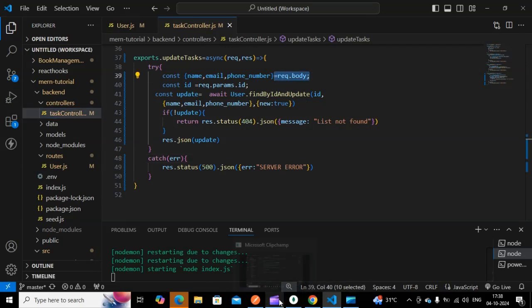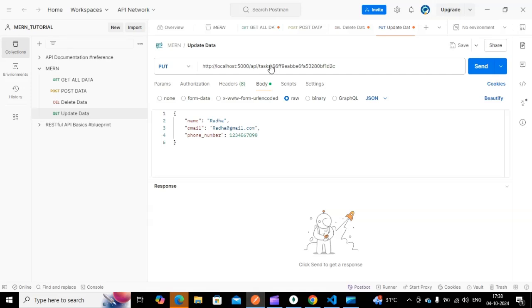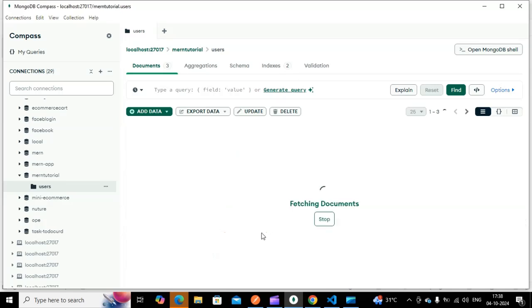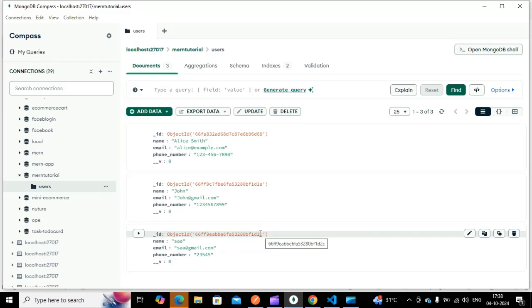And request.params.id is the id of the field. For example, I have three fields right now, so I'm just going to give this id of the document here. This id I'm going to update.